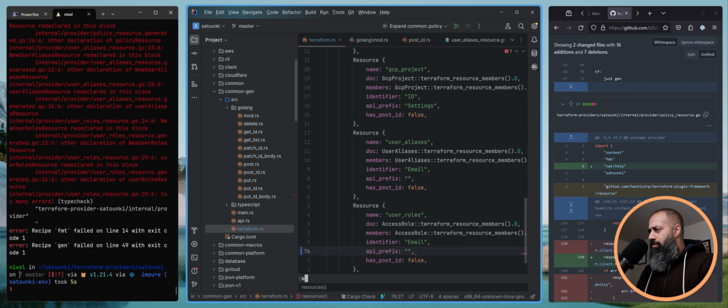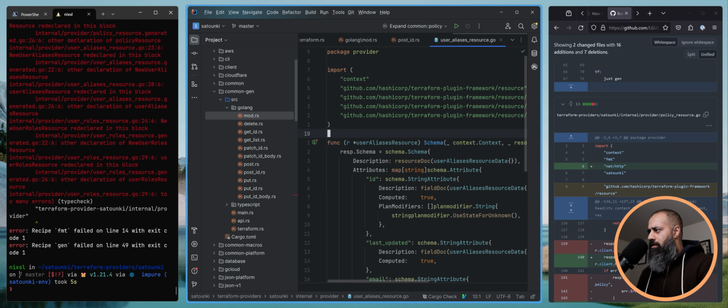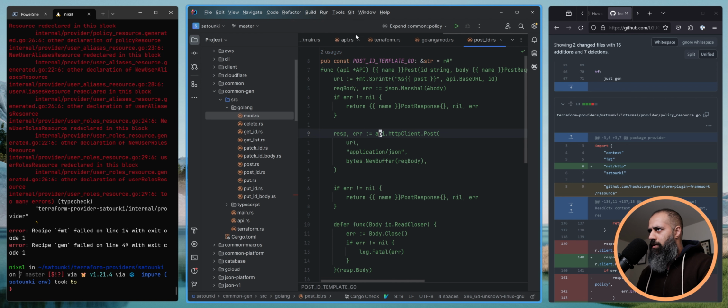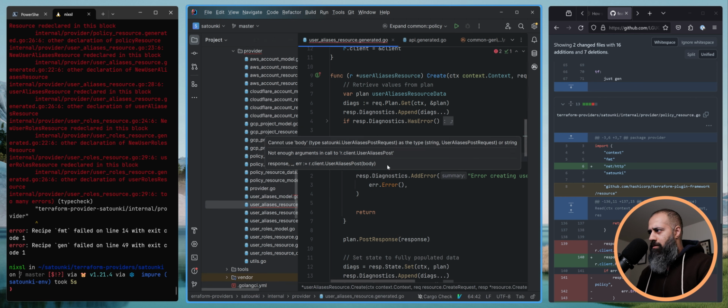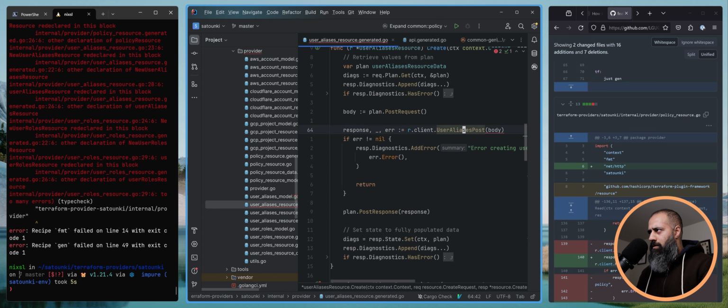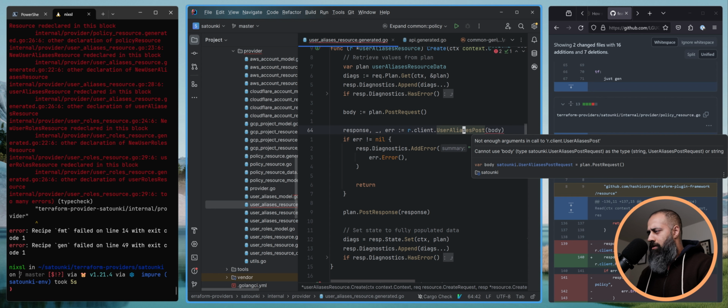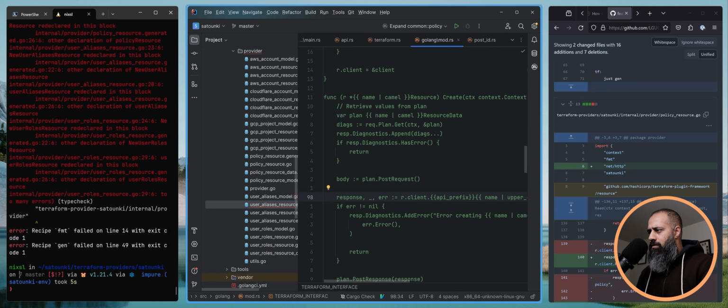So once again, we got to plumb this through. These two should be true. And I think it is just on the post, right? Yeah. It is just on the post. So we're gonna do